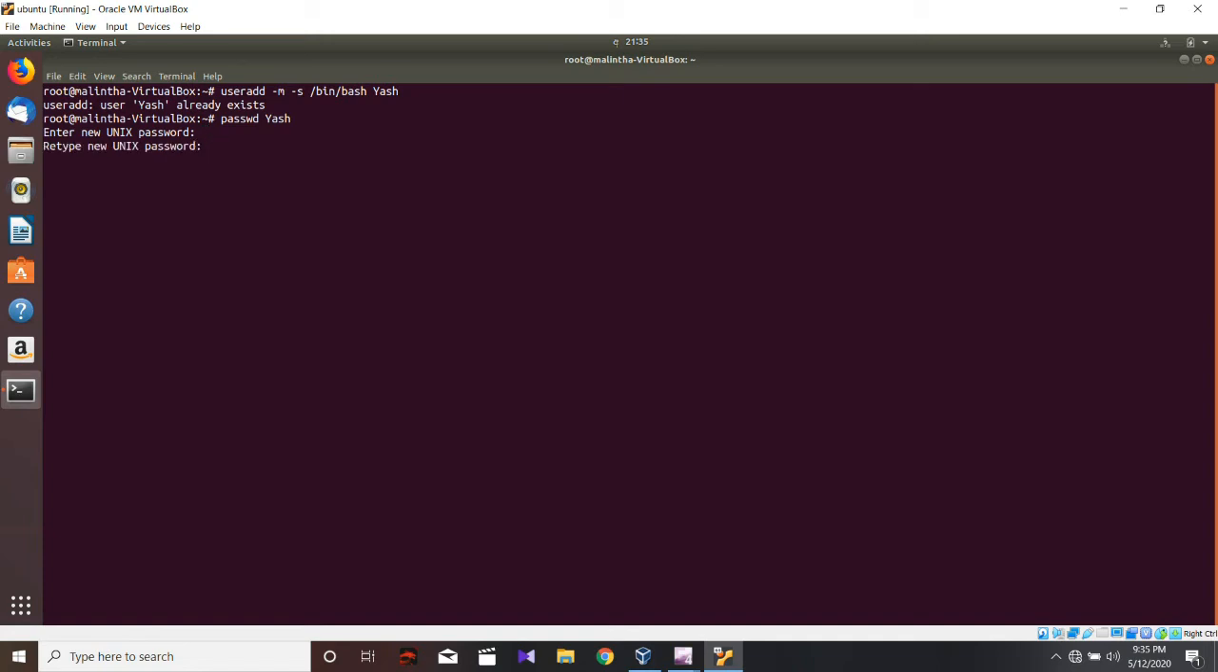Now retype the entered password. Here you can see the password updated successfully message. After you created the local user account, you need to give privileges for that. And you can see whether the account exists or not, and whether the password is encrypted or not,